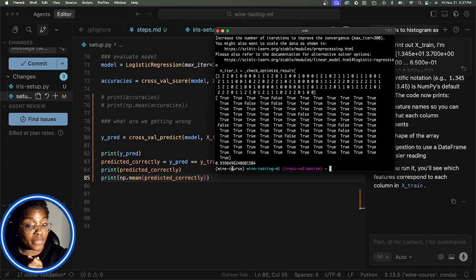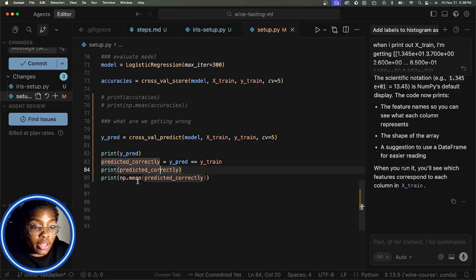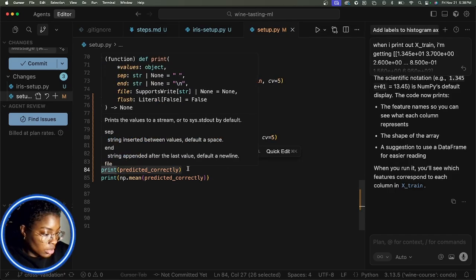Listen, I'm not mad at it, and I get it. Okay, predicted correctly. These are all the predictions it made, and that's the accuracy, the percentage that I got right, 93. Okay, but now, if I recall correctly from the tutorial, this is what I got right, but now I want to see what I didn't get right. And so in order to do that, I can print out the opposite,